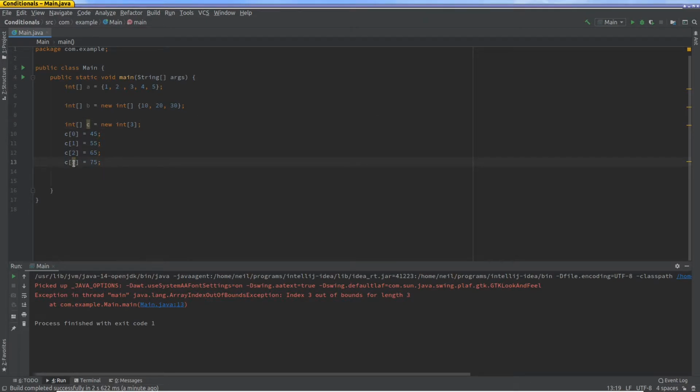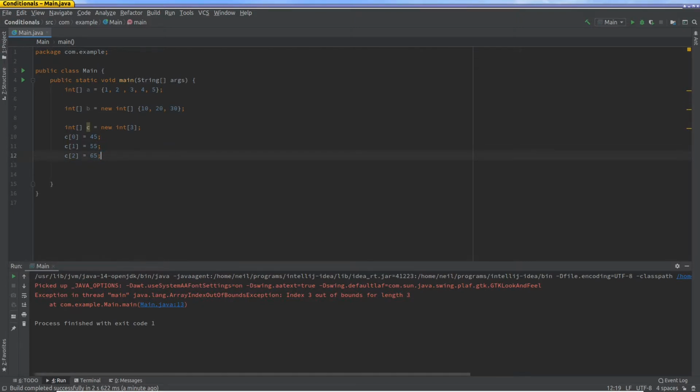So you could even mouse over it and it tells you this array index is out of bounds. That means you're trying to assign a value, 75, to an array index which doesn't exist. It's kind of like trying to turn to a page in a book which doesn't exist because it's not in the index, right? So let's just get rid of that and get rid of the error